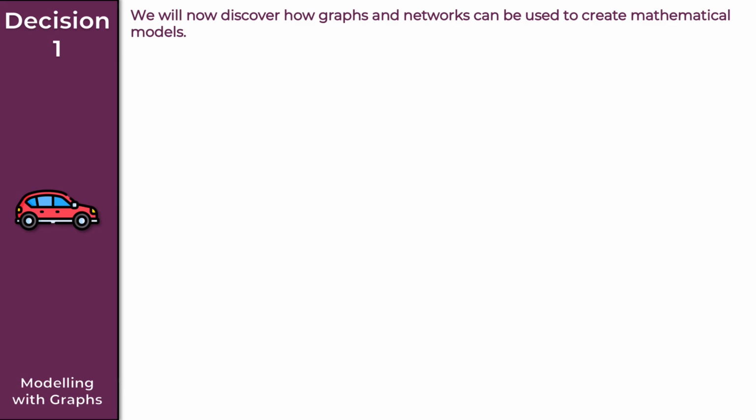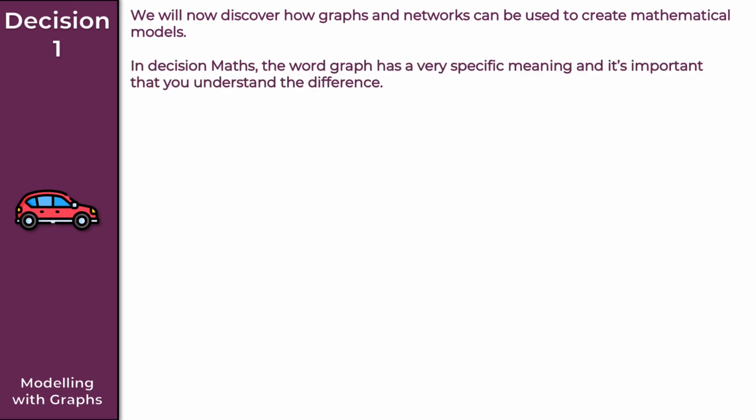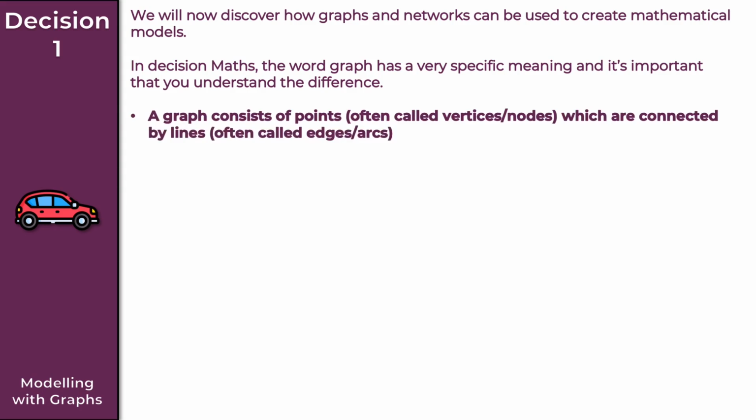In this video here, we're going to take a look at modeling with graphs. We're now going to discover how graphs and networks can be used to create mathematical models. And in decision maths, the word graph has a very specific meaning, and it is important that you do understand the difference. So a graph consists of points, often just called vertices or nodes,